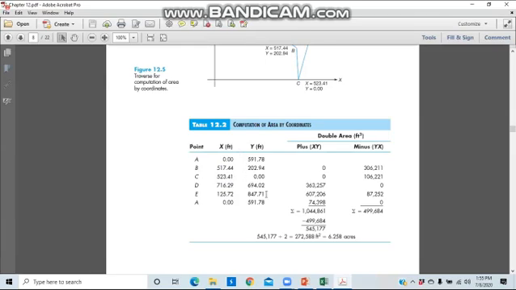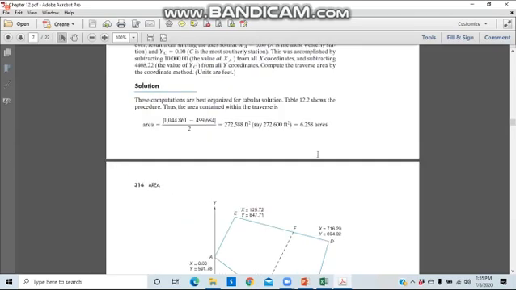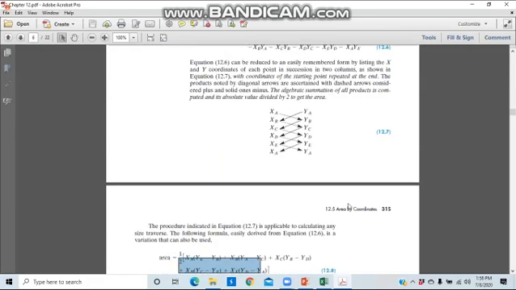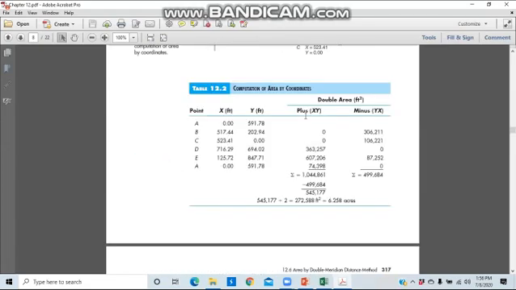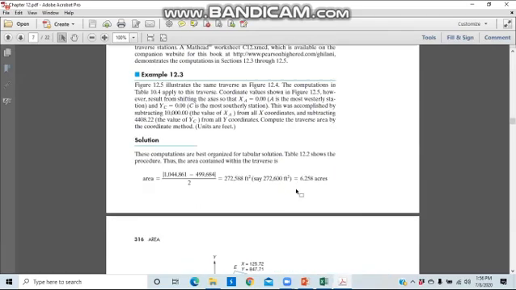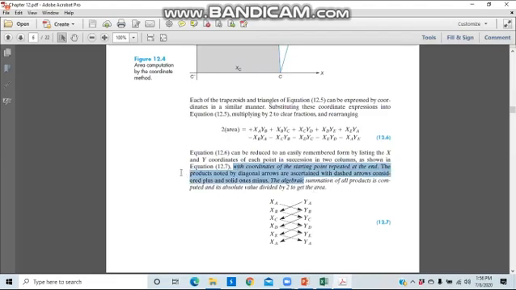X coordinate, Y coordinate. Now you have to multiply like this. What you did like this, XA YB, XB YC. So this method you have to use here. You will multiply XY, that would be plus, and you will multiply the other way, that would be minus. So if you add them together, this is minus and this summation is plus, that will give you this. And what was that? That divided by 2. So you will divide it by 2 and you will get the area for this traverse, right? So you have to just follow whatever procedure they have mentioned here and you will get the area, right?